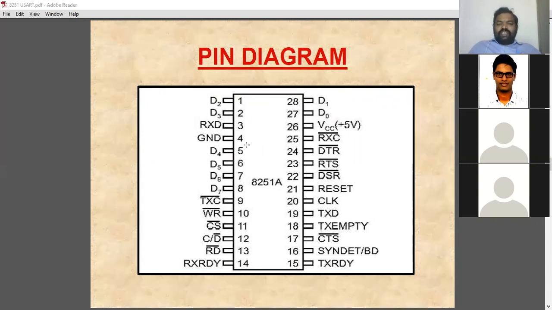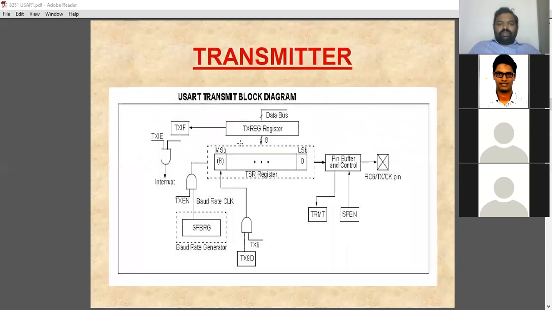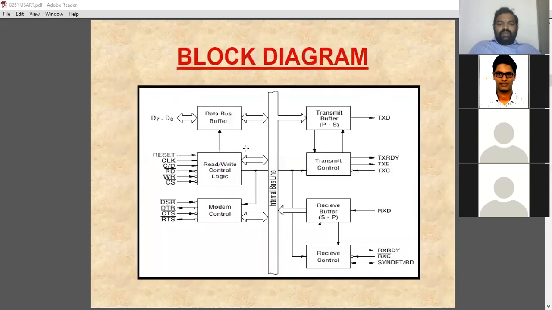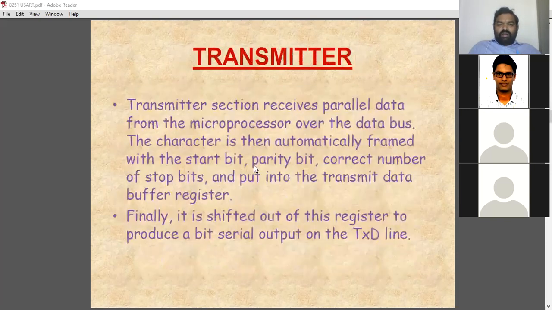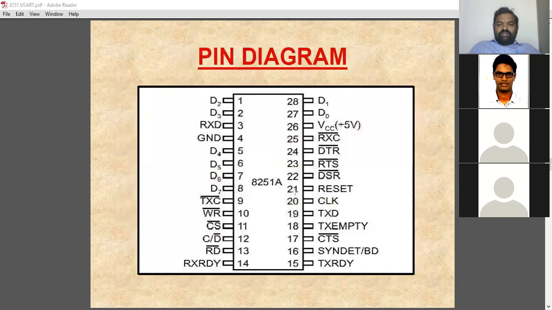In order to transmit the parallel data to the processor, or in order to get the parallel data from the processor, we use these 8 pins. So you know that by seeing this block diagram itself, you can say this is connected to the processor. While explaining the pin diagram, it will be easy. You need to remember the pin configuration, that's all.